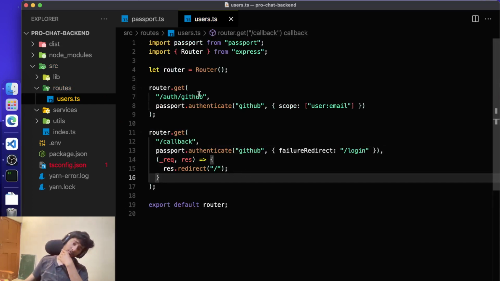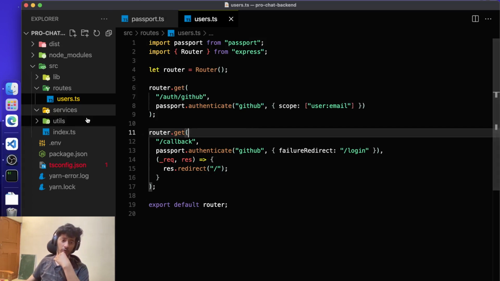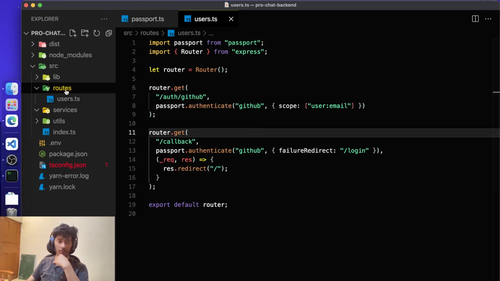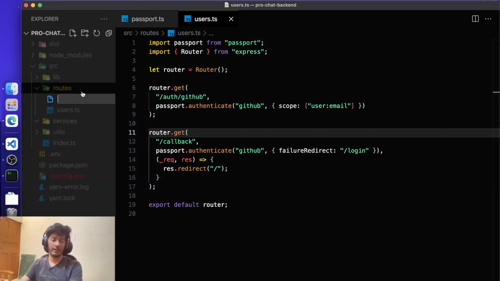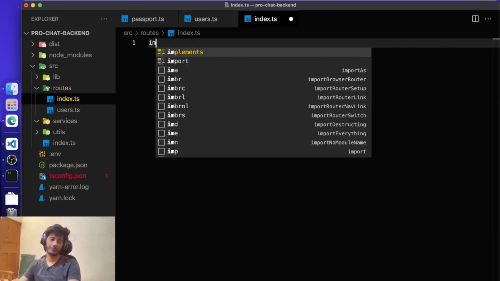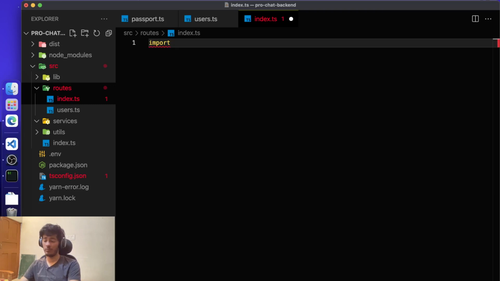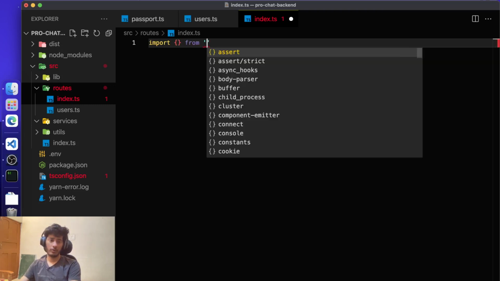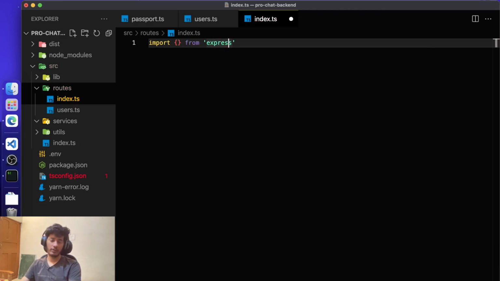So we have a callback function. What we have to do is go to our routes folder. Okay, we have the users route, right? So we'll create an index.txt file over here, which will accumulate all the routes and act on them. So again, import from Express, right? What is the thing we want to import? We want to import Router,